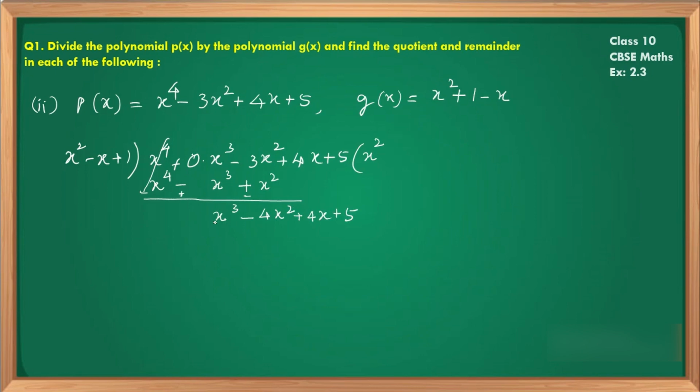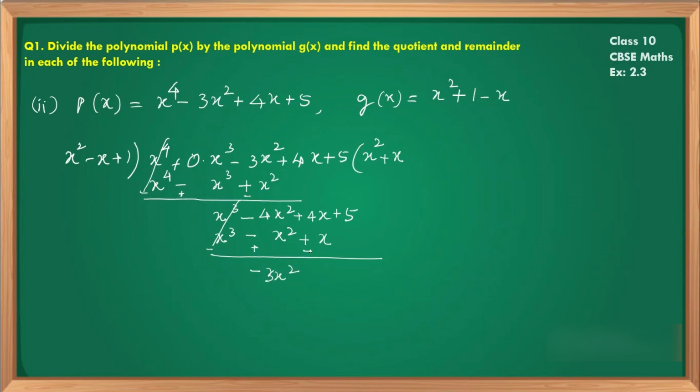Now to get x cube, you need to multiply with plus x square, and x becomes x cube. Plus x and minus x becomes minus x square. X into 1 becomes x, that is plus x. Now as you know, this gets cancelled because here we have a plus which becomes minus, and here this minus becomes plus. Therefore minus 4x square plus x square, you get minus 3x square,